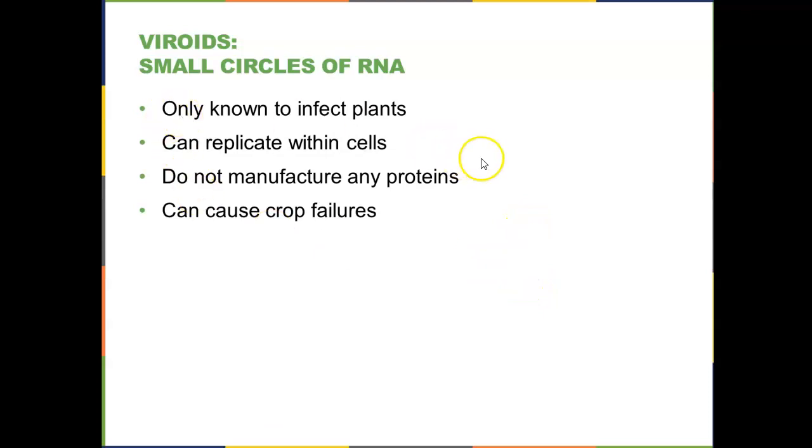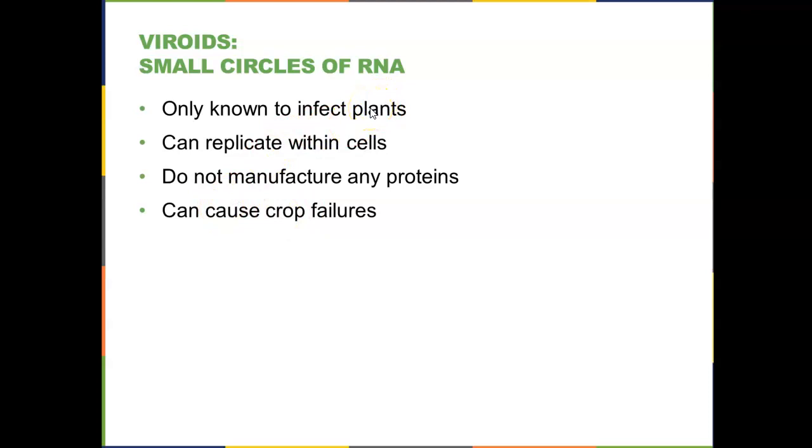One last little bit of information here. There are small infectious pieces of just nuclear material that don't have any proteins. These are called viroids, which just means a very small virus. They seem to be all RNA so far. No protein capsid around them, and these are unique to plants. There's no analog in animals that we've ever found. They don't manufacture any proteins, but what happens is the little chunk of RNA gets replicated, and